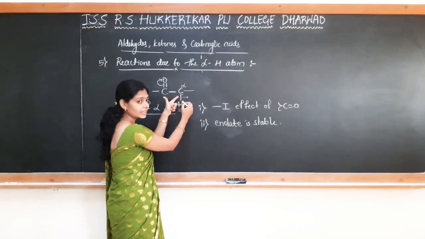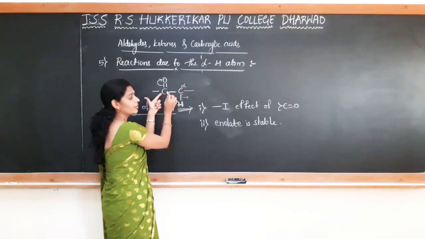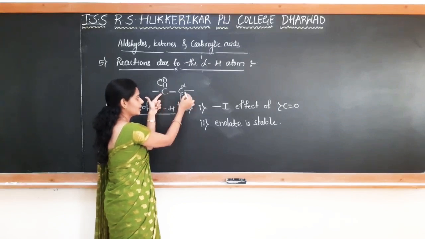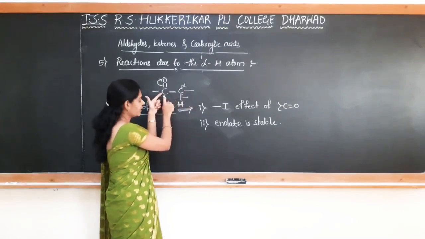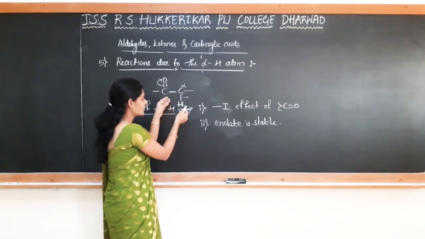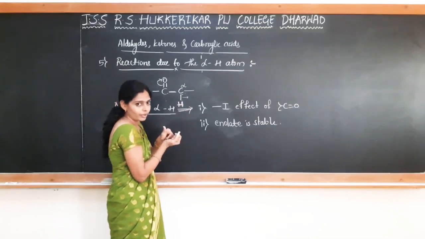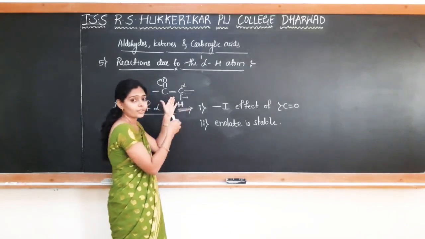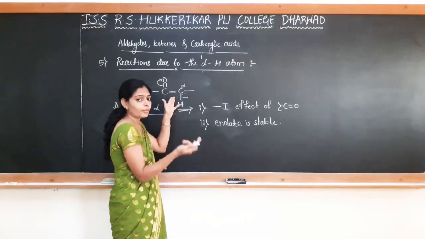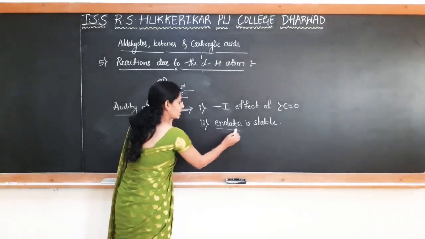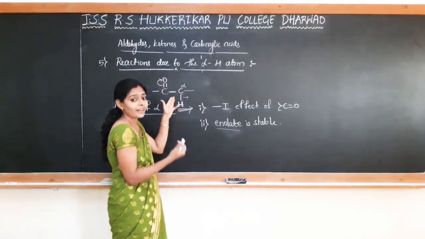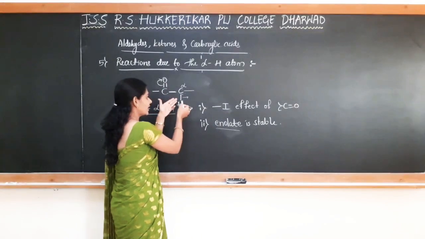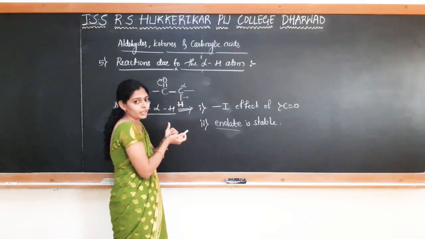It is weak because of the negative inductive effect of carbonyl group. Highly electron withdrawing group is attached to the alpha carbon atom. Okay, this is one reason. Second thing is when it is abstracted by the base, there is a formation of a carbanion. So that formed carbanion, which is called as enolate ion, is stabilized by the resonance. So because of the stability also, we can easily remove that particular proton.